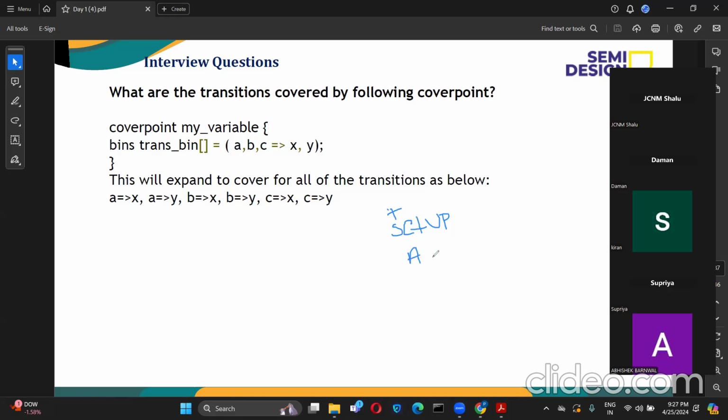Okay. In the access phase, the one data is there. The next data also will be there in the access phase only, right? So at that instance, if you try to check the transition from access to access phase, that will hit because there it is in the same state. So we should cover that transition also, right?